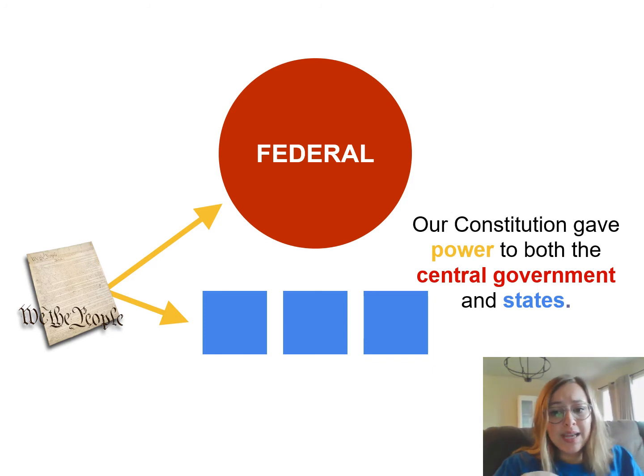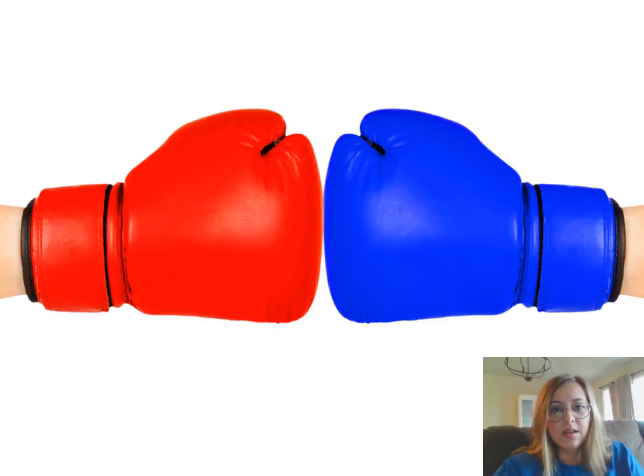Now, we're going to have some conflicts within the federal system. And so the most persistent source of political conflict is really between national and state governments and who should have the ultimate say. So the issues with this conflict, they've really changed over time.